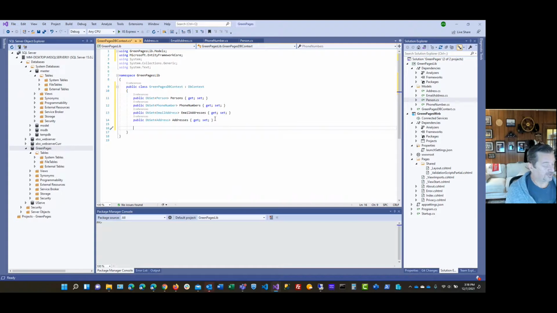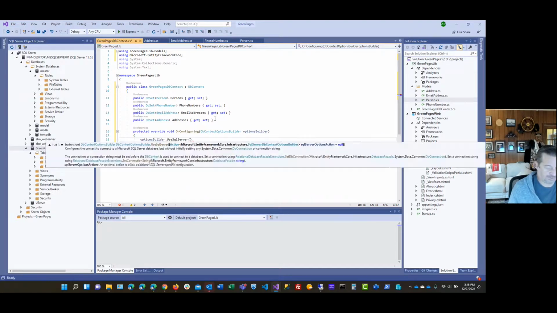And so the way we do that is we override the OnConfiguring method of DBContext, and we just plug in our connection string. So here we just type in override, and you press tab, and it tells you all the things you can override. This one's OnConfiguring. And then the base of it is just base.OnConfiguring with optionsBuilder. I'm going to override that and say, instead, I want to set the connection string, use SQL Server,